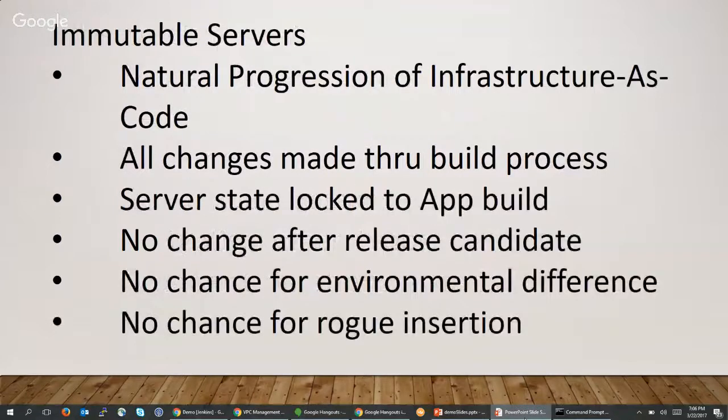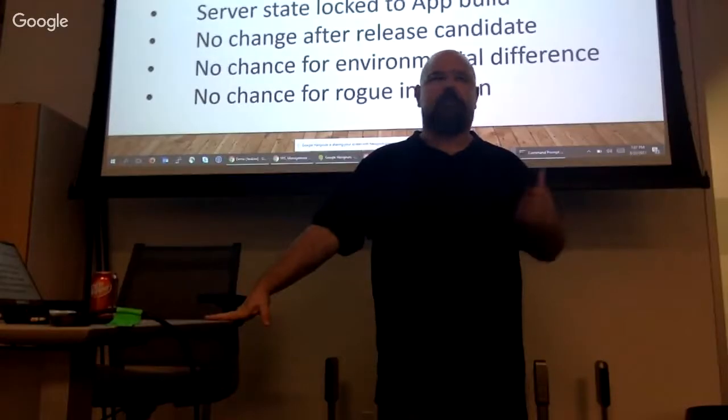Immutable servers. It's a natural progression of infrastructure as code, because if you get all of your infrastructure as code, immutable all really means is that all your changes are made through a build process. All of us, going back many years, have a server and an application. Well, the old way was a long-used server, and when I need to put new code on it, I deploy new code. And like the conversation we had a minute ago, when that long-standing server sits there for months, even weeks, it becomes